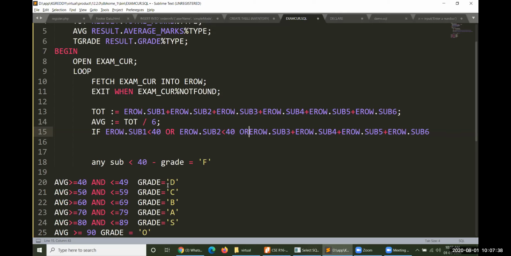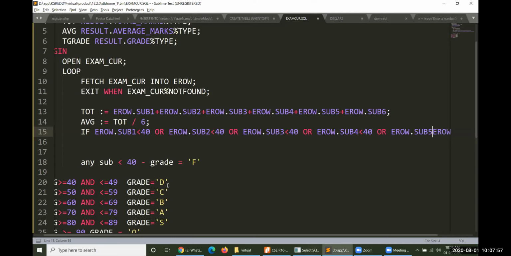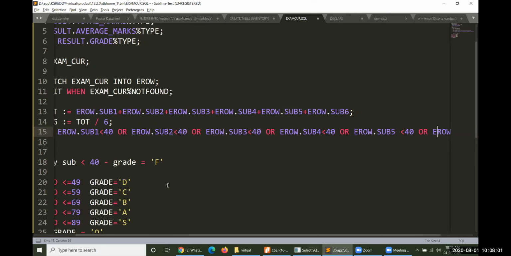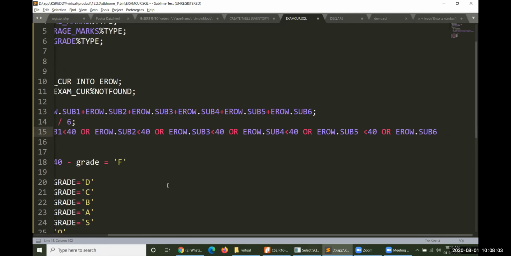Or subject 3 less than 40, or subject 4 is less than 40, or subject 5 is less than 40, or subject 6 is less than 40.